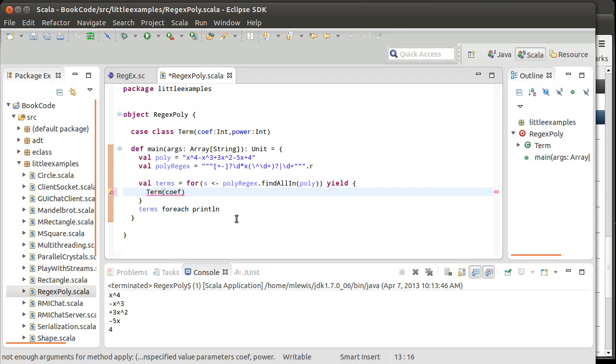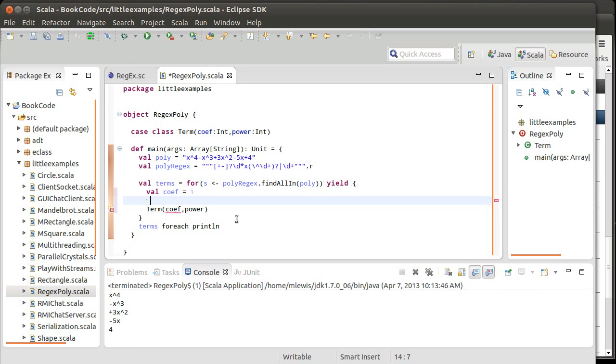Coef, comma, power, val, coef equals, well, just to make this compile, I could do that, and now I get a whole bunch of 1-1s, which of course is not the answer that I want. Okay, so how am I going to do this? I have matches here, and this gave me back strings,